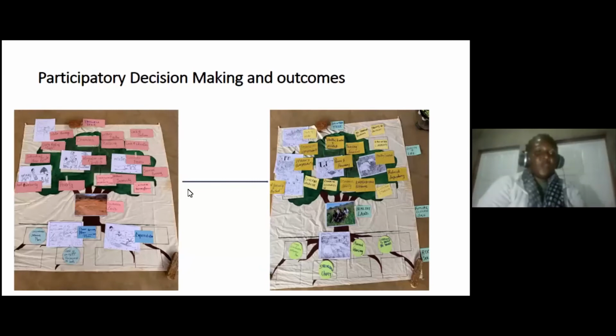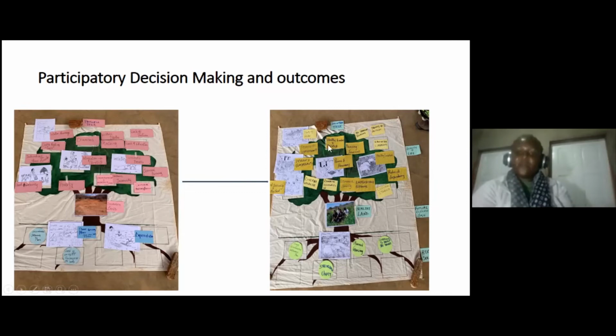This is a problem tree tool where we discuss that here the problem is unhealthy land. What causes it at the roots? The root causes. So you keep asking questions to get to the root cause, and then people prioritize. So we have four root causes, and this is how it has affected our life at the top. And then you change that into a solution tree that has, okay, our dreamland, which is healthy land. What are the root solutions or root actions that we must take for us to have healthy land?